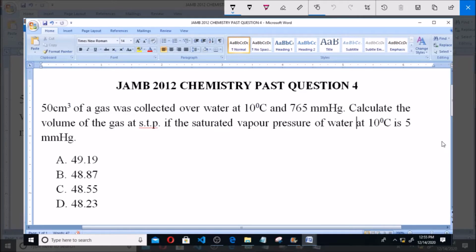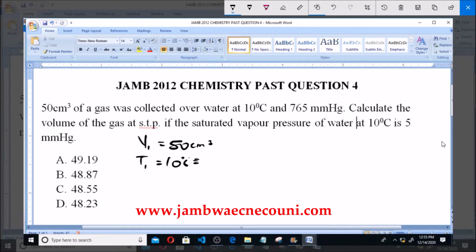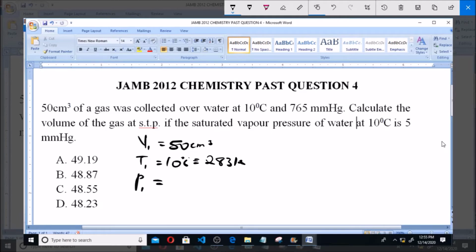Now it simply means that V1 is equals to 50 centimeter cube. Now C1 is equals to 10 degrees Celsius. Now converting this to Kelvin, it will give us 10 plus 273 Kelvin, and that will give us 283 Kelvin. Then P1 is equals to, now look at the statement, if the saturated vapor pressure of water at